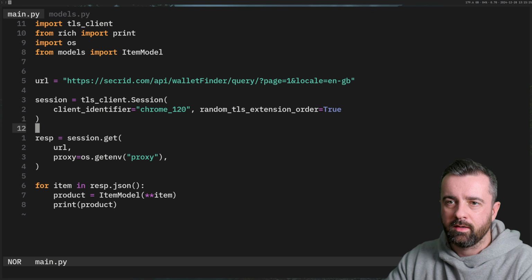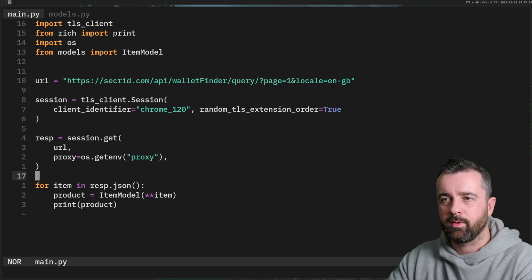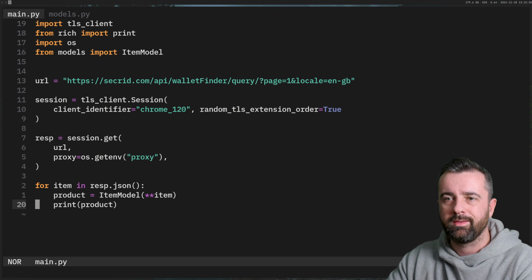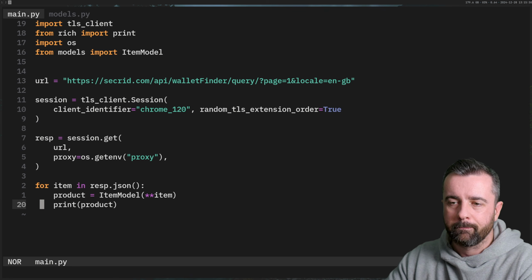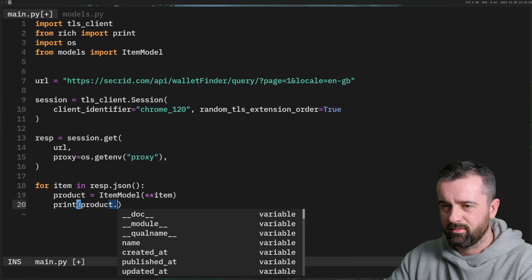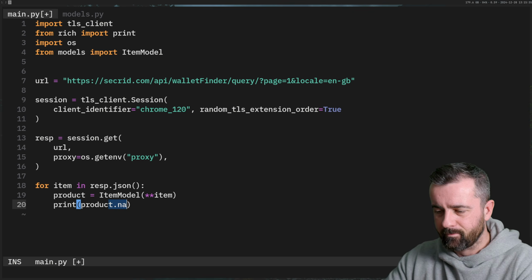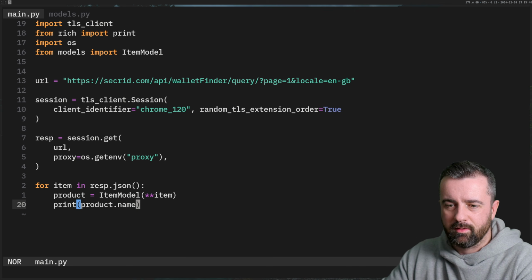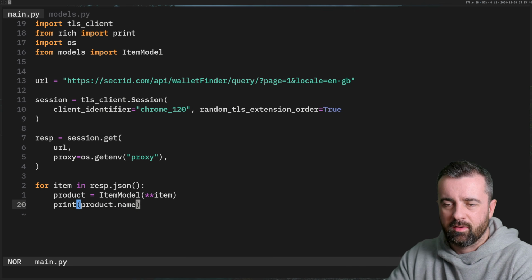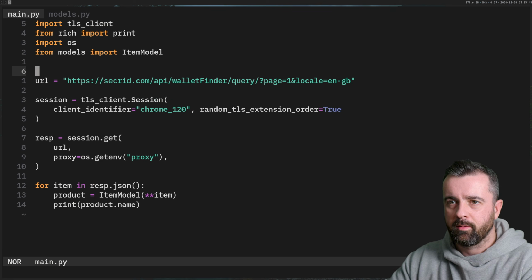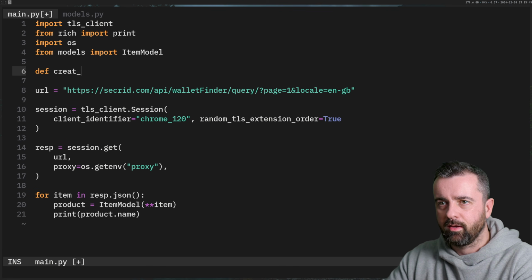All I'm going to do now is tidy this up. Basically, this is how we're getting the information. We're going to put it into our Pydantic model so we can do something with it. For example, it just makes it so much easier to do something like name, and this is just going to give us the name of all the products now. But what I'm going to do is tidy this up. The first thing I'm going to do is have a create